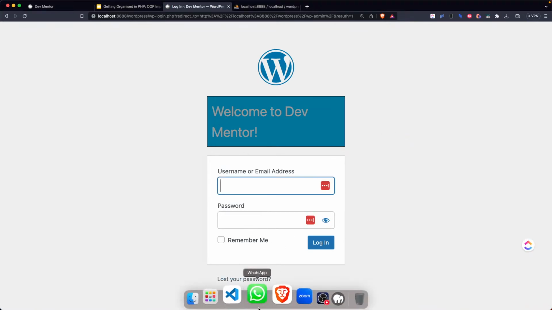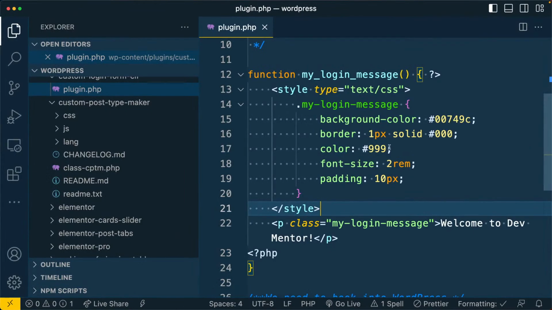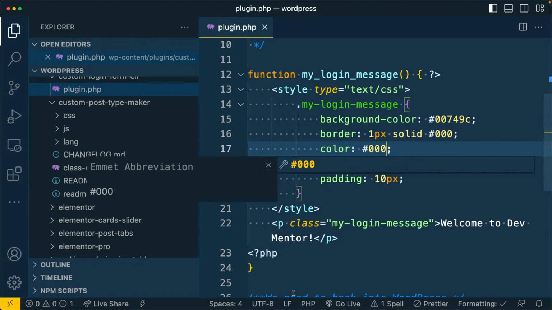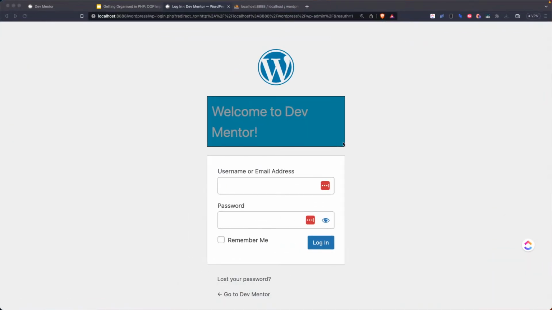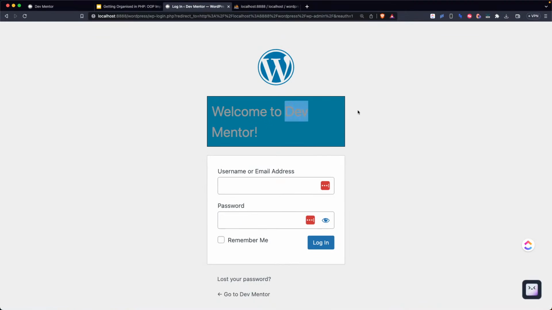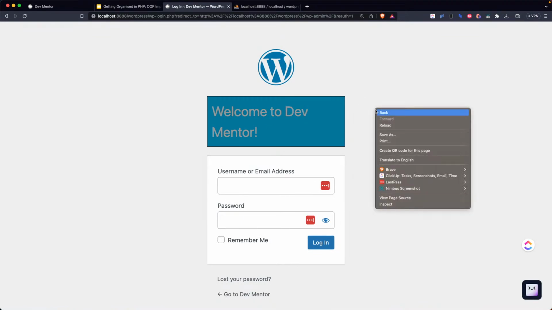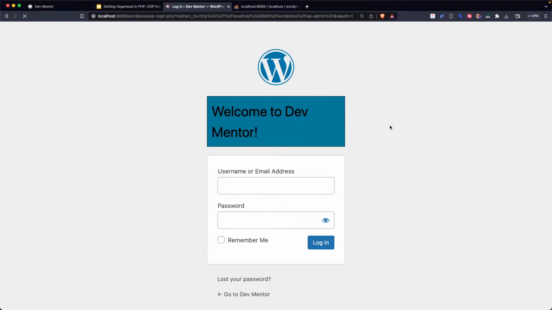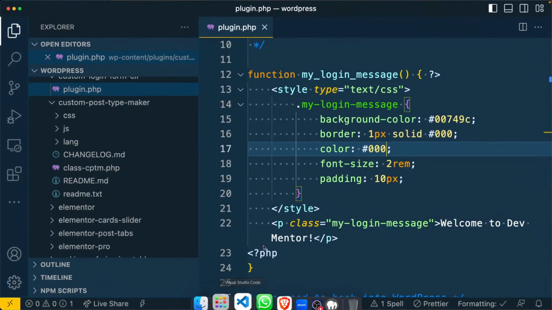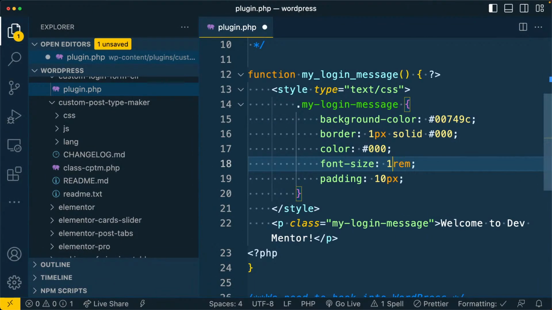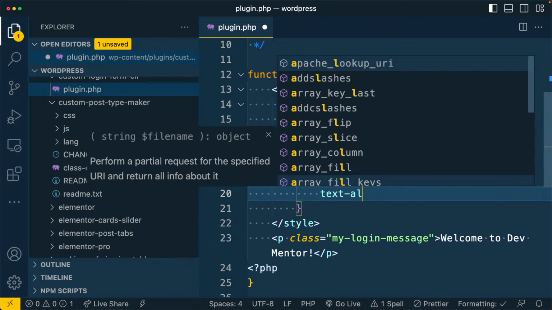Oh, which color did I change? Probably I did not change... I changed the border color. The border color, okay, I can leave it at that, but this one is the one I wanted to be this black, and you can see... yeah, I think this is clear enough, and we can make it a little bit smaller by changing the rem units to 1.5. We can also make it text align